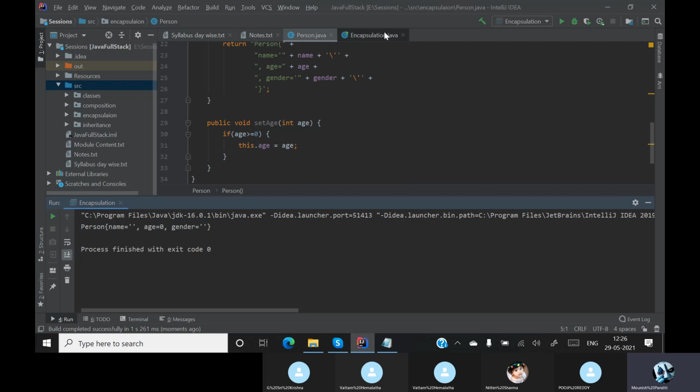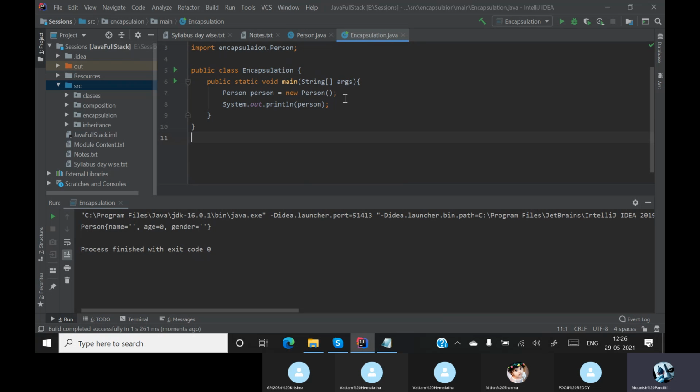Now I'll go to my encapsulation and I'll create a person. So my person, Pujita, is equal to new person. It should take some values right now. The name of the person is Pujita.